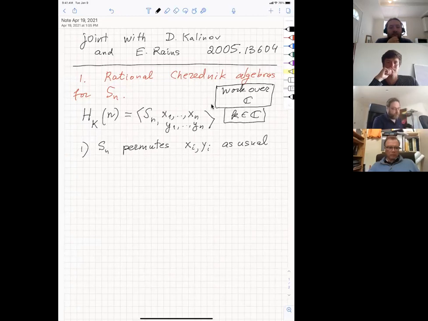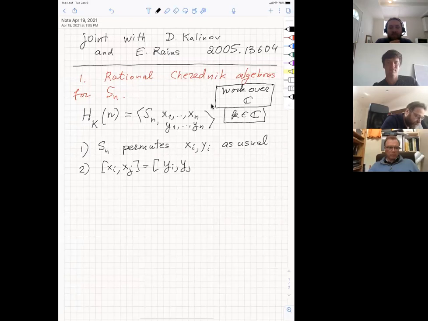So if you conjugate x_i by a permutation sigma, it will go to x_sigma(i), and it's the same for y. Also, the x's commute with each other, [x_i, x_j] equals [y_i, y_j] equals 0. And the only interesting relation is,